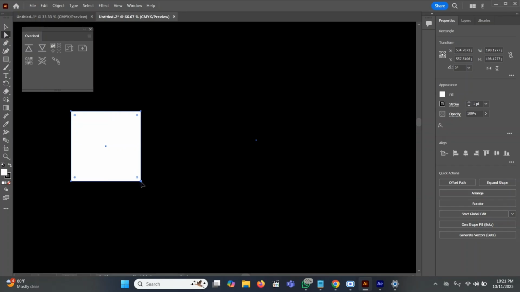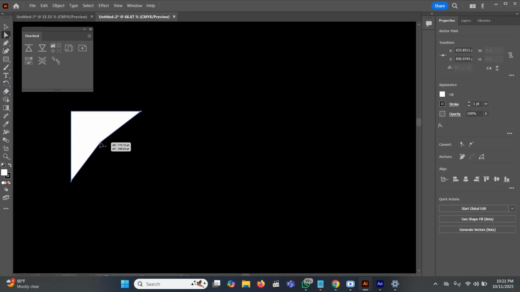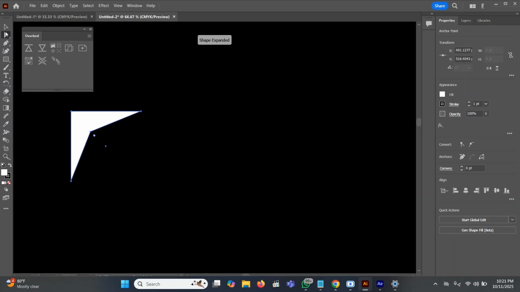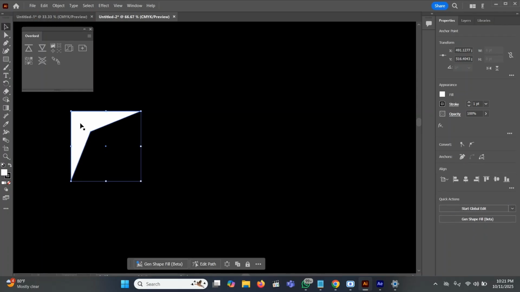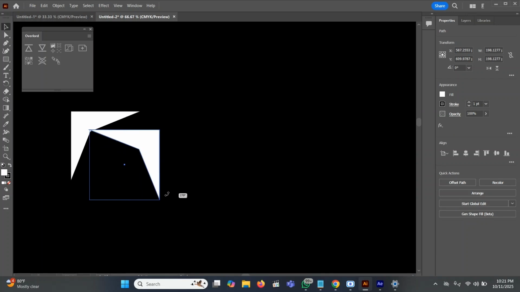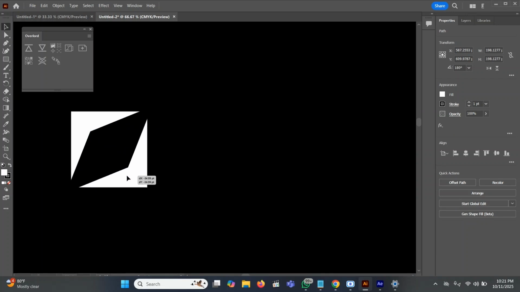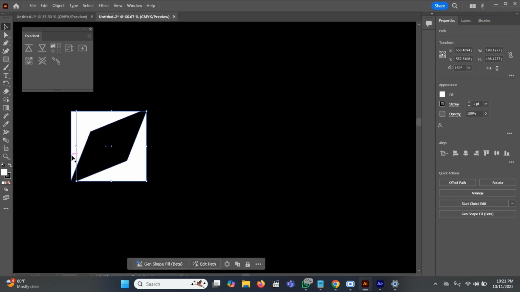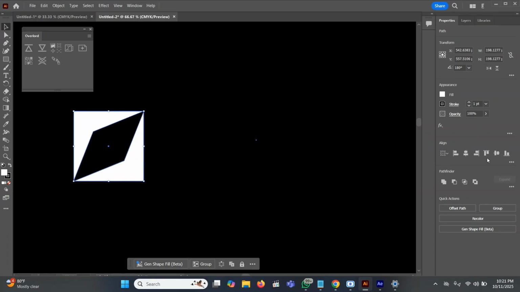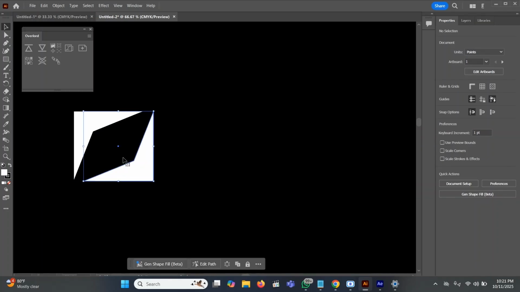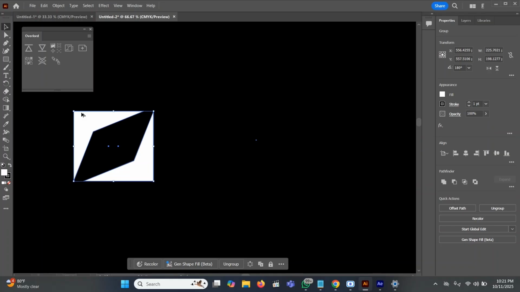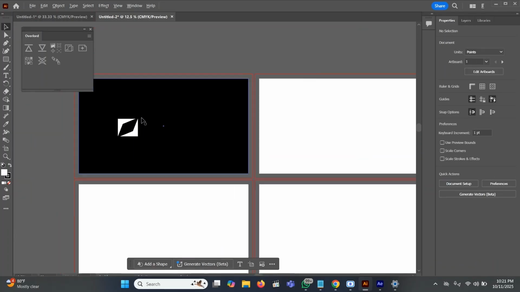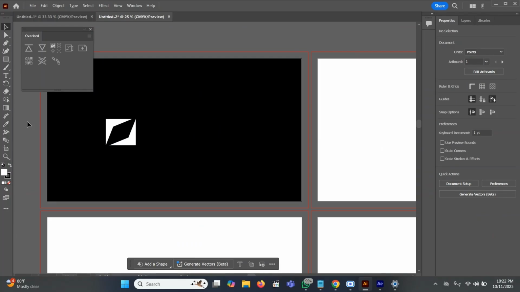Let's duplicate this and then turn it this way. Nice logo. So let's say this is our logo, and put in smaller parts. I'll just group them, Control G. So let's say the first thing I want to show in my storyboard is the logo, and the name of the logo is